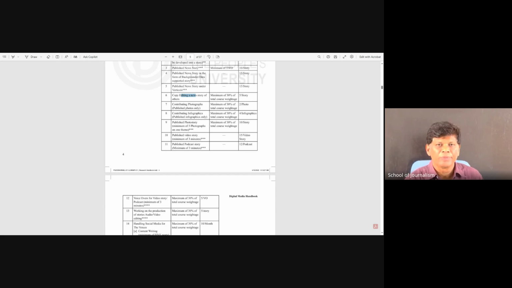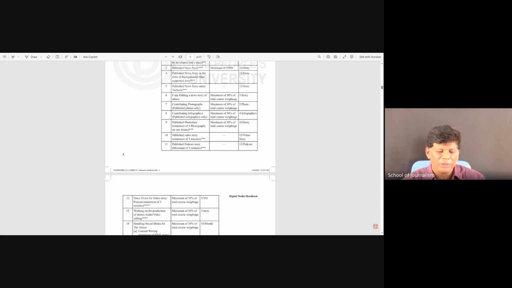You can edit the story. If you edit the story, you get 5 marks. And if you want to contribute photographs, somebody else may be working on a festival, for example Navaratri happening across the country, with two or three people leading the story from Calcutta and Bombay, and you are located somewhere in the northeast or south or east. I can't write the story, but I want to give a couple of photographs for this story.